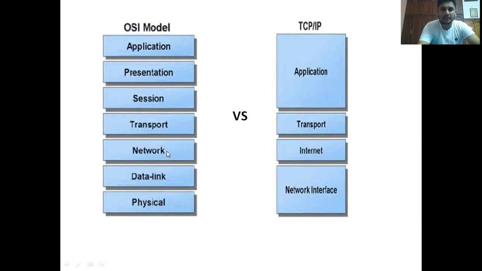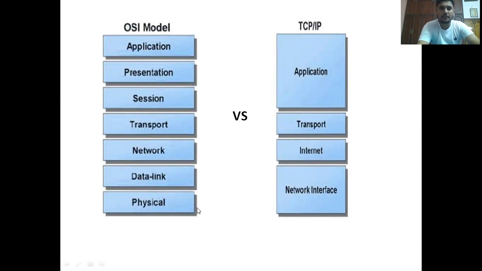Here the network layer is called the internet layer, which is related to internet purposes. The physical and data link layers combined together are named the network interface layer. The network interface layer in TCP/IP means the data link layer and physical layer in the OSI model. Then the network layer corresponds to the internet layer, and the transport layer is the same in both, and the top three layers are combined together and simply called the application layer.